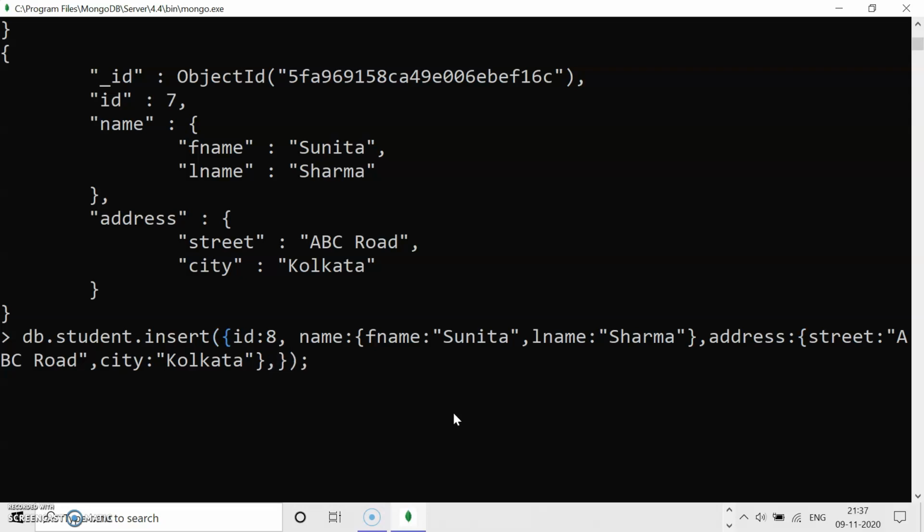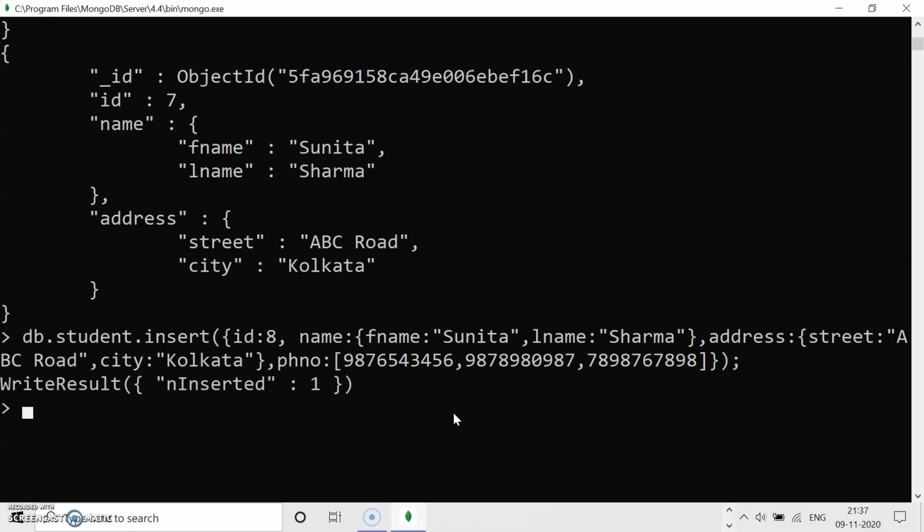Here I will use phoneNumber. PhoneNumber colon, I will use an array. The first number, this is my second number, and that should be in the array. I can take a third number also, right? So you will see one document is inserted with an array.